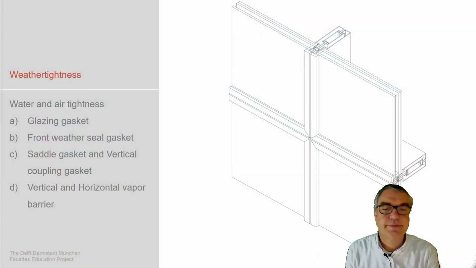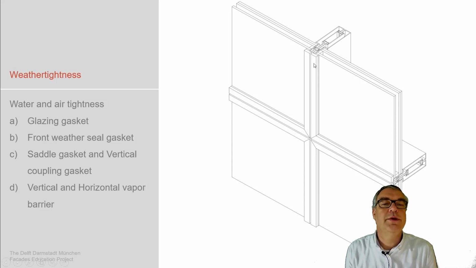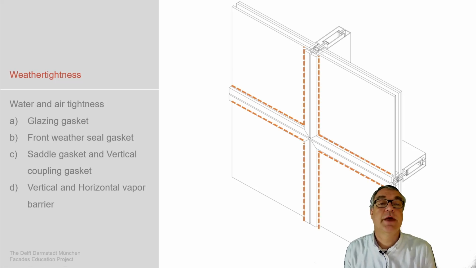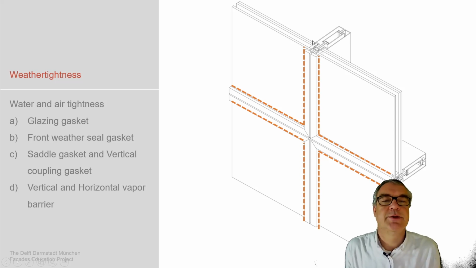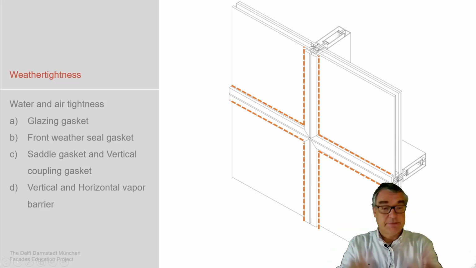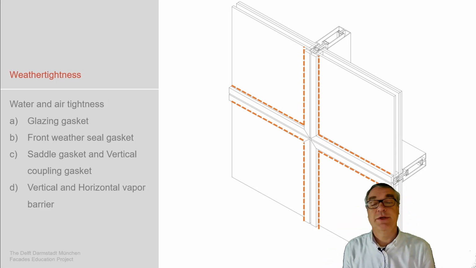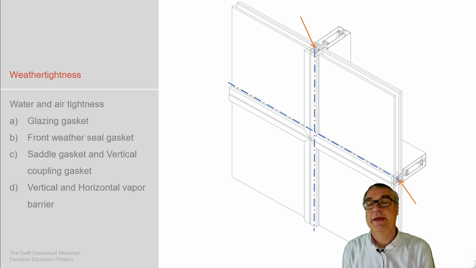Weather tightness. When we look at the unitized facade, and as I described, we have this one unit here, which is one part of the unit. We have the other unit here, which is the other part of the unit. The sealant of the glass has to happen, and the sealant between the units has to happen. So the glass sealant, which is done here in this situation, outside, rain tight, inside, watertight as a system, which happens with gaskets being positioned and keeping the glass.